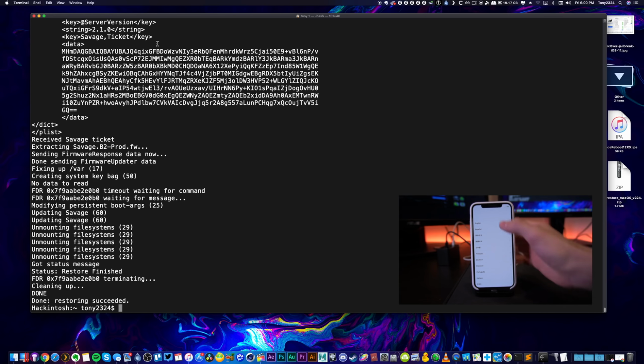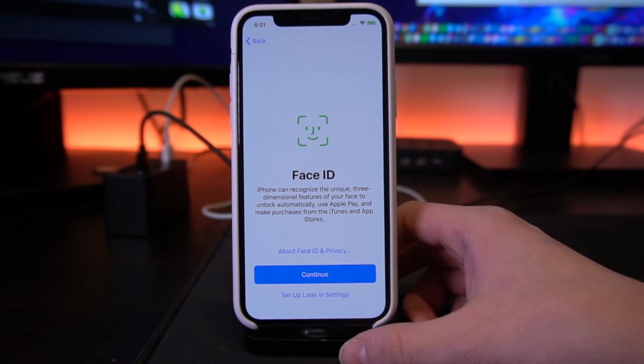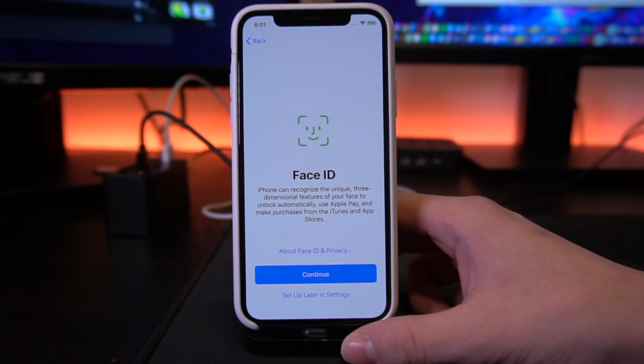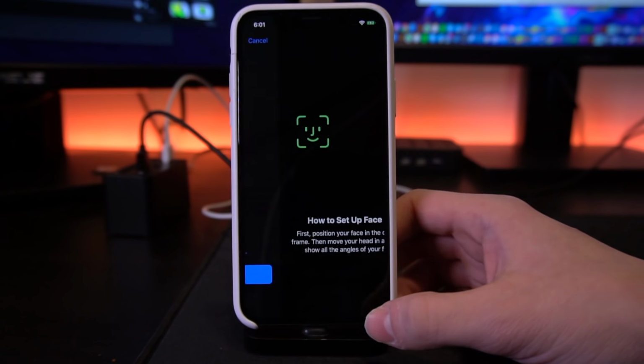But here we are, guys. We are at the restore screen. It has successfully completed. I'm just going to go ahead and real quickly set up the phone by connecting it to a Wi-Fi network. And here we go, guys. We're at the Face ID screen. Let's see if this works now after using Future Restore, if I click Continue